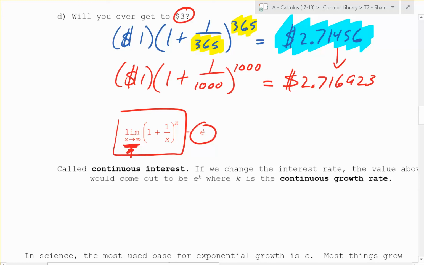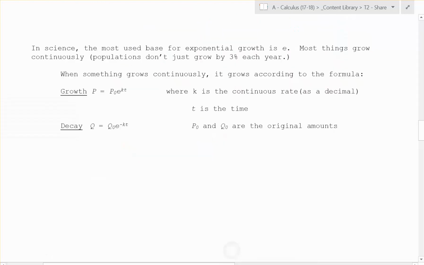We're not going to prove this in this case, but the number e, you can have your calculator spit it out: 2.718281828. It's irrational, goes on forever. Lots of 8s and 2s in there, but it's irrational, which is approximately 2.718281828. So can you ever get to $3? You can't. So there are some complicated looking formulas here, but the one I really want you to remember is